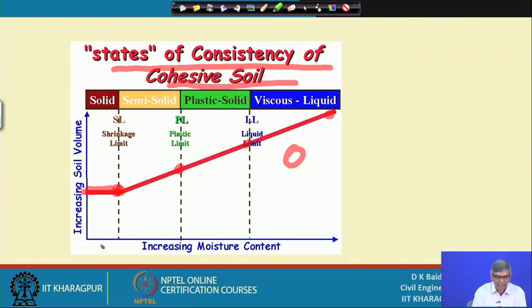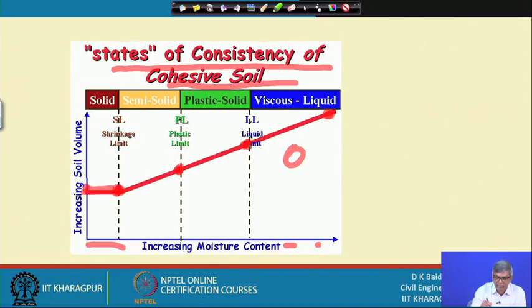And you can see this side, this is more moisture, and on this side moisture is decreasing and this side is increasing. So, when I am going from this to this, that means moisture is reduced, from here to here further reduction, from here to here further reduction, and from here actually we get 0. So, as we have qualitatively defined, the boundary between this viscous liquid stage and plastic solid,